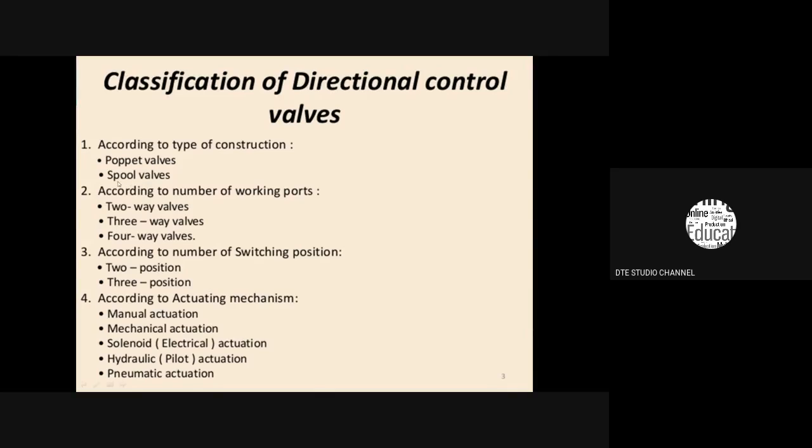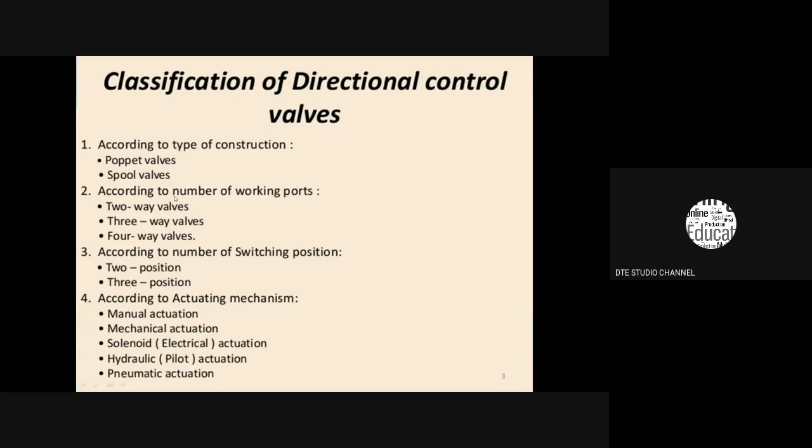Spool valve. There are two types of spool valves: a sliding spool valve and a rotary spool valve. In the case of sliding spool valve, the sliding of a number of plugs can open or close the ports in the valve body. And in the case of a rotary spool valve, the rotation of the spool can open or close the number of ports made on the valve body. Depending upon the sliding or rotary, these are classified into sliding spool valves and rotary spool valves.